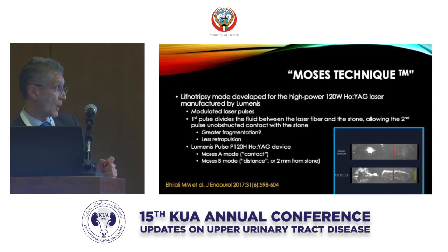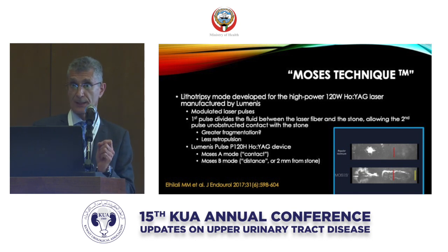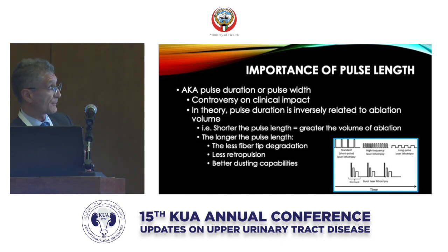Lastly, that study on the bottom line there is just looking at the effects of laser lithotripsy on the laser fiber itself. And I think we've all seen with the holmium laser that we often will see pieces of the fiber breaking off the tip. We've been using it for a long period of time at higher energy levels. Well, there's even micrometric damage that we don't even see, which could be harmful as well. It might reduce the efficiency of the laser. And so if that is seen with holmium, with the longer pulse duration with the thulium fiber laser, that was not observed. This was one study that was just recently published, and I included this because I think